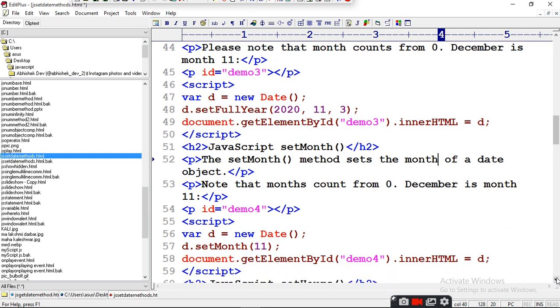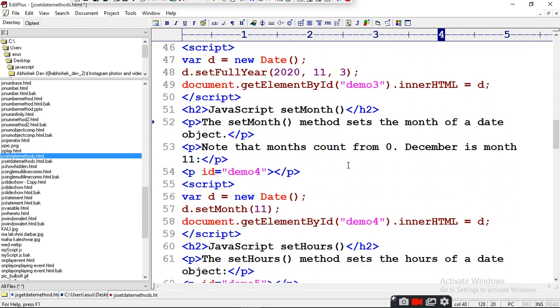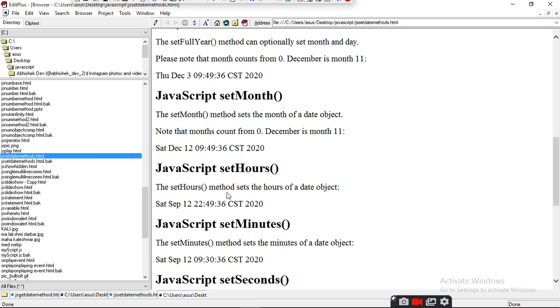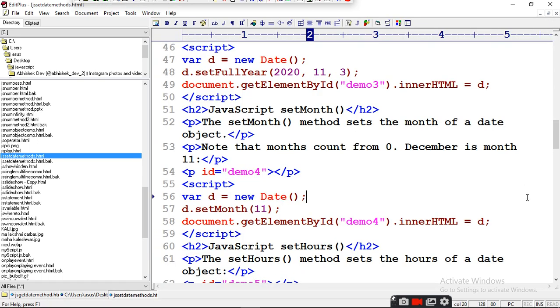So demo 4 script, D new Date, D setMonth 11, document getElementById demo 4 innerHTML D. Now it is setting the month 12. This is Saturday, December 12. It is counting and giving you the output. So this way you can set the month, date, year, hour, minute, second in JavaScript according to your requirement.